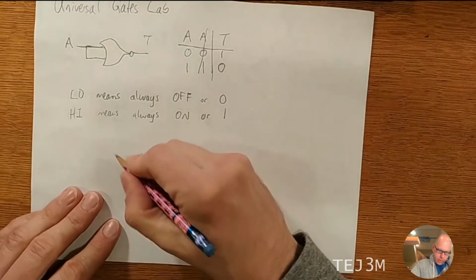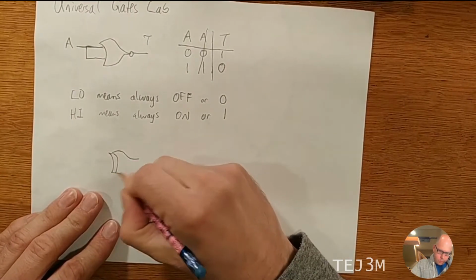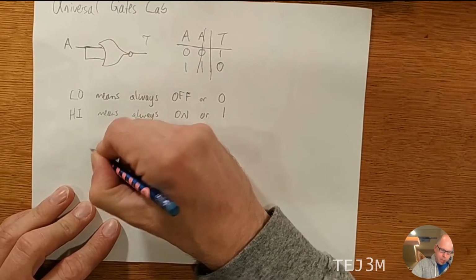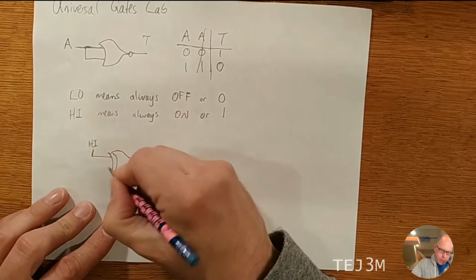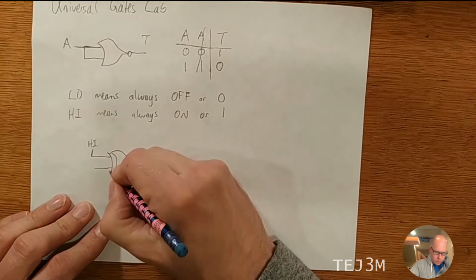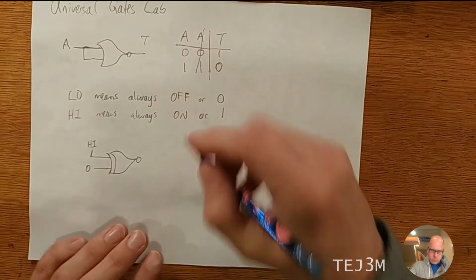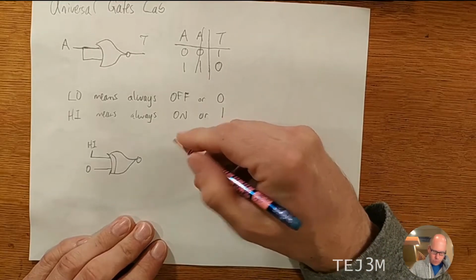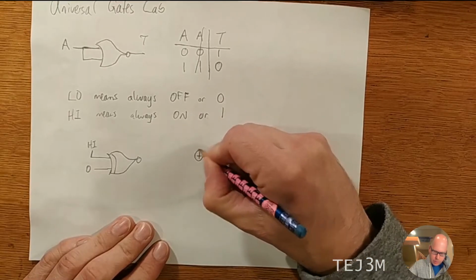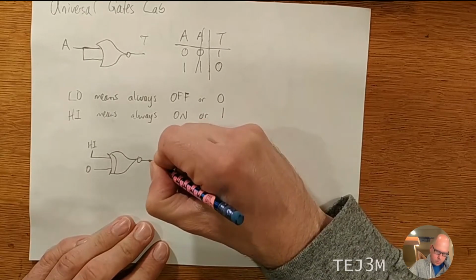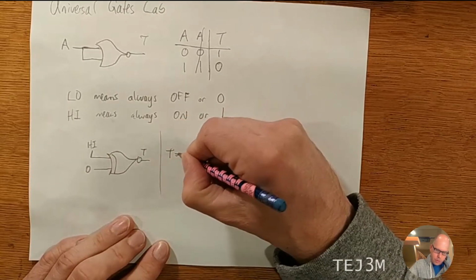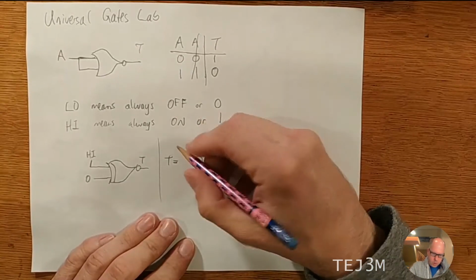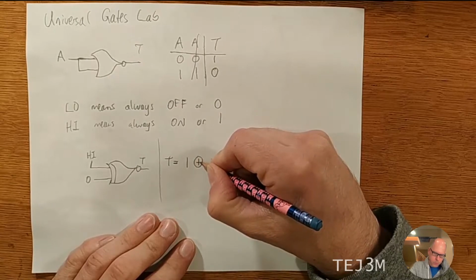For the example, let's say we had an XOR gate. I know that that's not what the example is in the lab, but let's say we had an XOR gate and we had high, and then a 0. So here's what the truth table would look like for that. We have XOR, which is this, that's the symbol. So T equals 1 XOR'd with